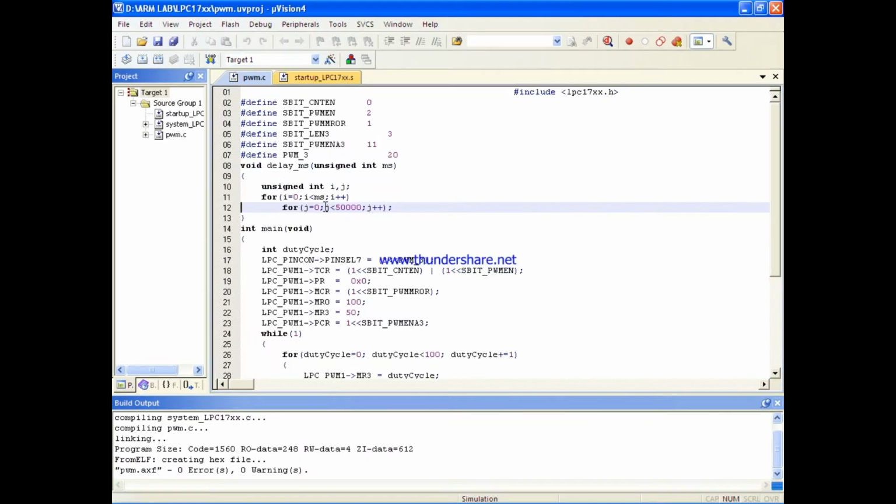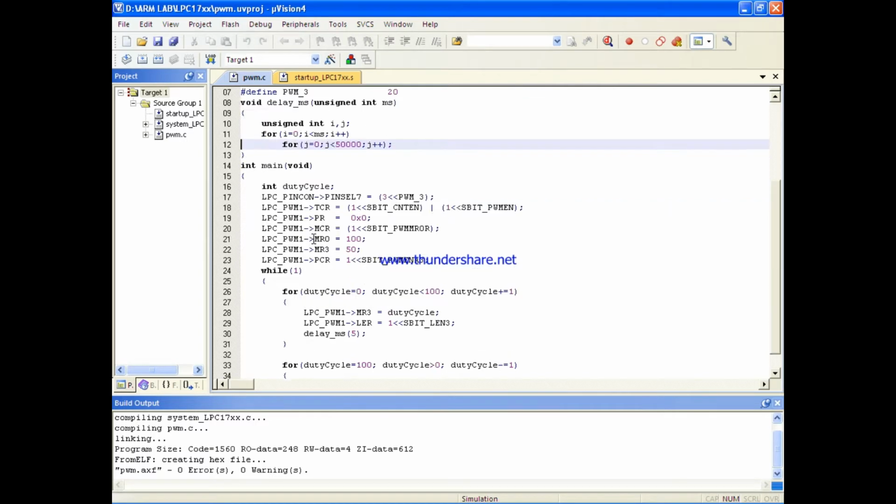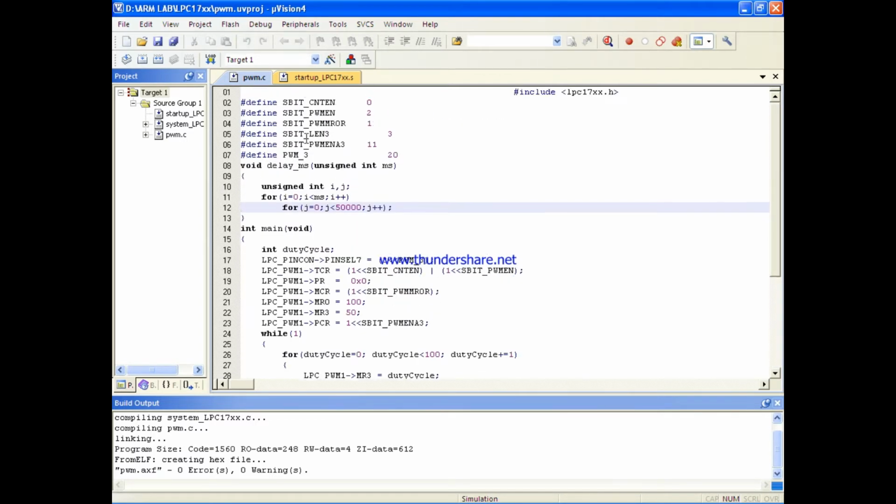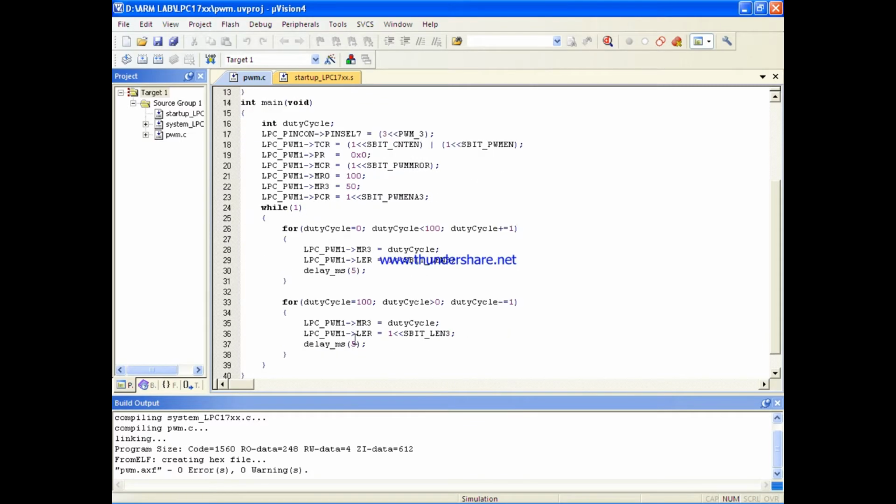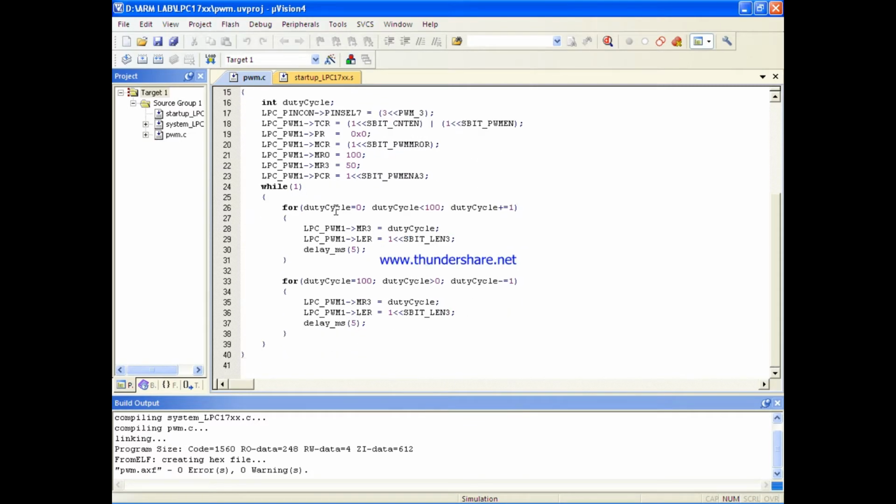The program is already typed in Keil MicroVision 4. This is the PWM waveform. We have all those registers defined, and then we get this PWM waveform with variable duty cycle. Initially the duty cycle will be 0 and it keeps varying till it reaches a maximum of 100. Once it reaches 100, it goes in the negative direction until the duty cycle becomes 0, and keeps going in a continuous loop. So you can see a variable duty cycle generated on the PWM waveform.